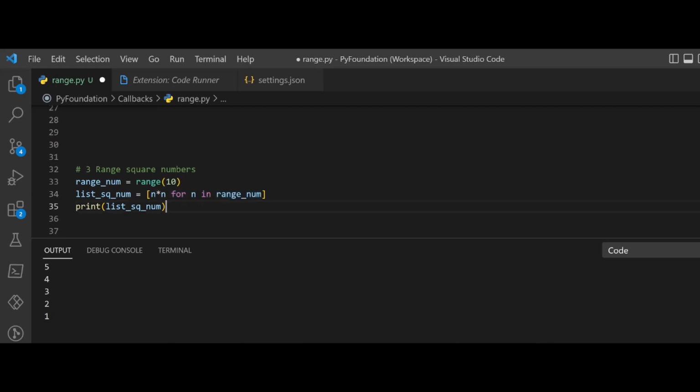And then what I'm saying is, once you pick up a number from the list, you do an operation on it. So basically we want to do a square operation, which is multiplying the number by itself. So that's what I'm doing here. And then the result of that, I'm storing in a list, in a variable called list square number, and then I'm printing it out. So if I run this code,